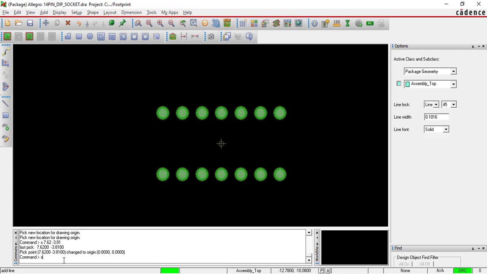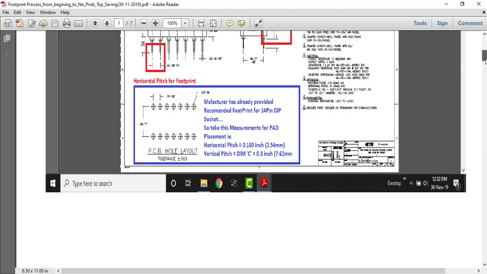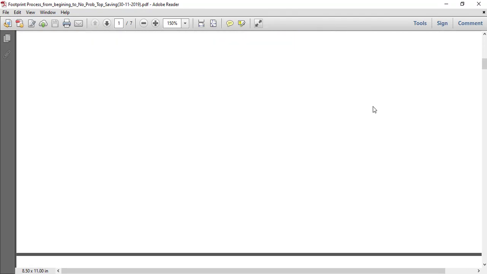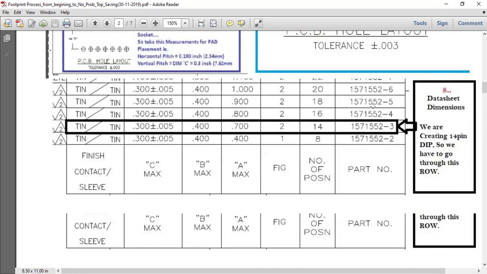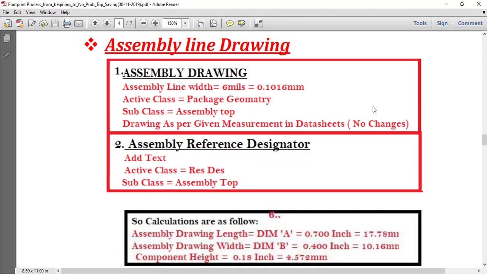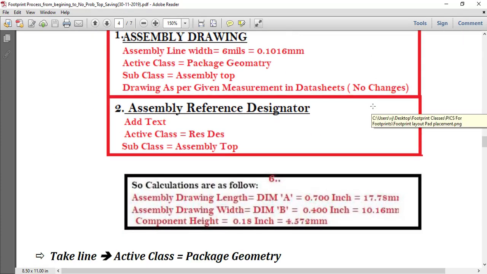Right, x space 0 space 0, enter. See, now our assembly line is moving with my mouse. Enter. Now let us see it. This is the assembly lines only. So I have calculated these lines, and after calculation I have written here the assembly lines.